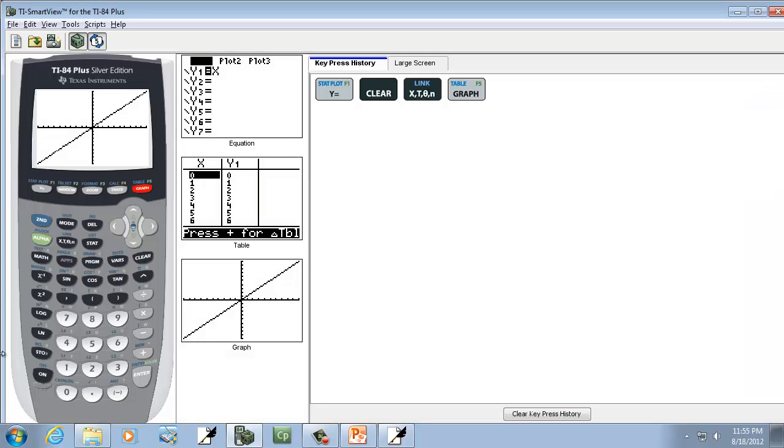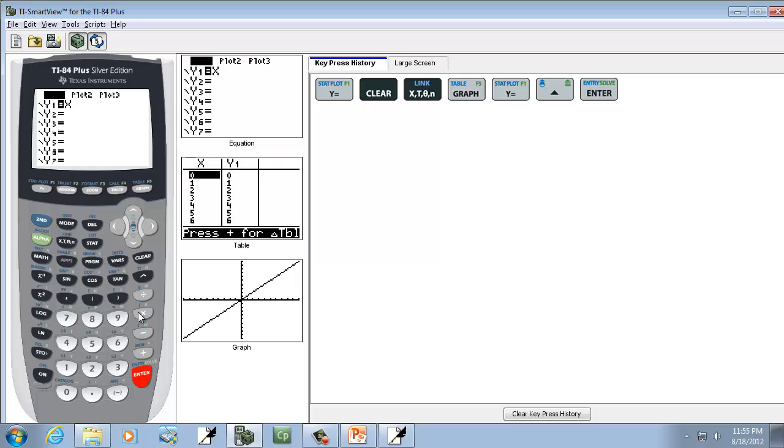Over here in your calculator, if I press Y equals, you can freely go back and forth between Y equals and graph. You see across the top it says Plot 1, Plot 2, and Plot 3. If I up arrow, put my flashing cursor on Plot 1 and push enter on it, and then I down arrow, you see how Plot 1's highlighted now? If I push graph,